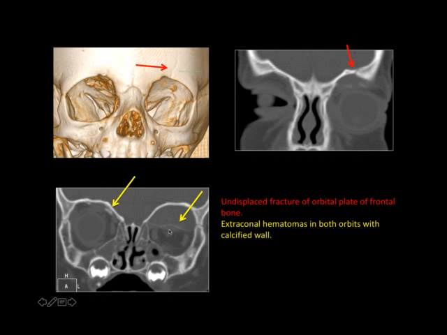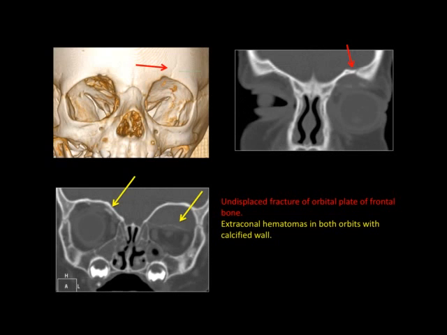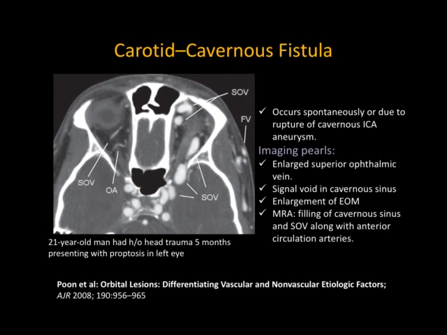And there's calcification of the walls. Retrospectively, if you go back, you see this. There is hemosiderin staining. So it's like a subacute hematoma: T1 bright, T2 bright, T2 heterogeneous. So subacute orbital hematomas. We didn't know what it was until we did CT and realized this is a fracture with hematoma. This I have taken from articles.